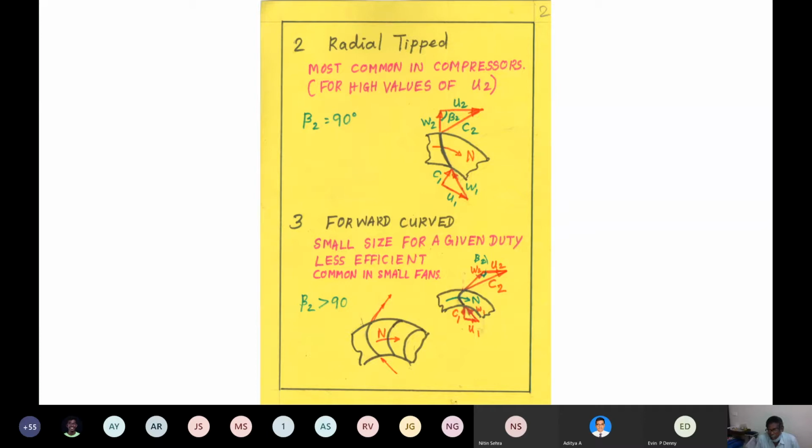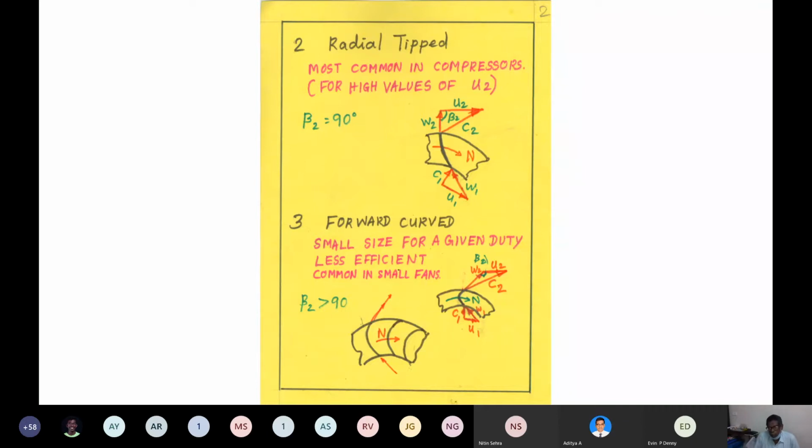So when you think of speeds, you may not have much idea about the speeds used, though you should get used to it. Okay, speeds something like 300, 350 meters per second are used. Very high speeds, because you know that for these impellers, the energy transfer, the specific head, depends on U2 and then that angle CU2. I'm sorry, the component of C2 in the tangential direction, or whirl component.